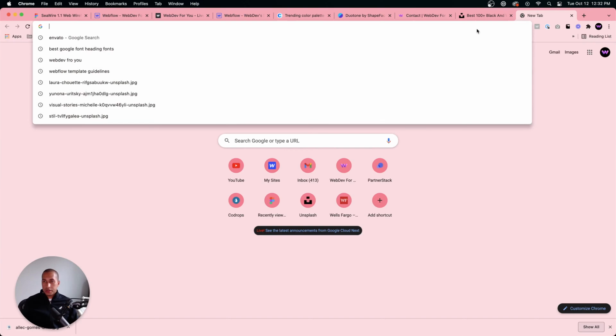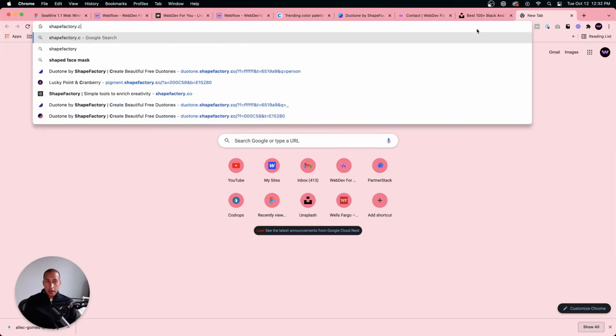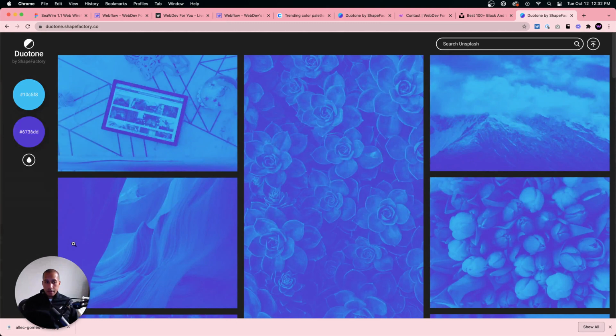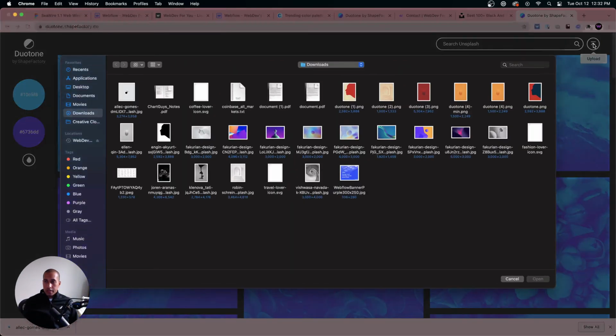And then I went to shapefactory.co, and they have a duotone feature. So I clicked here, and then I uploaded the image. So that image we just added, where is it? I did just download it, didn't I?